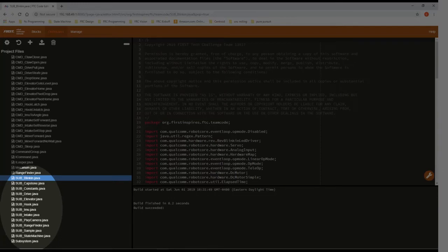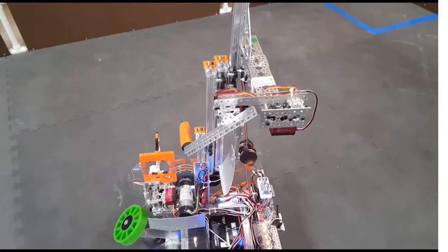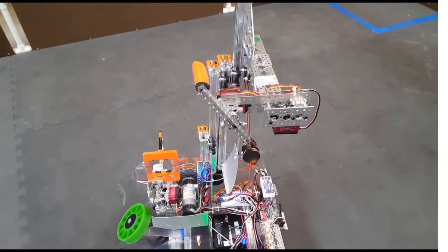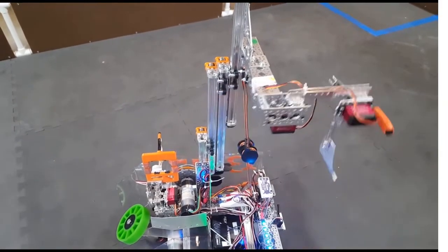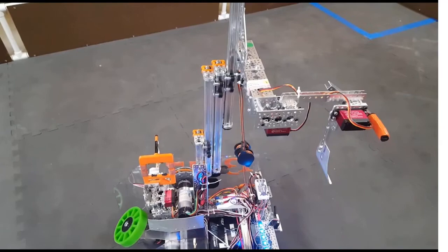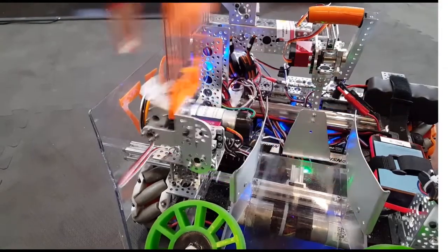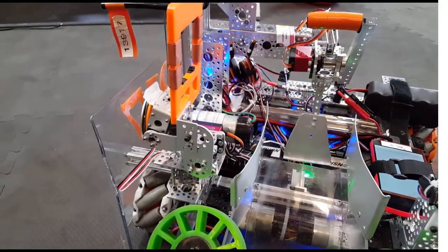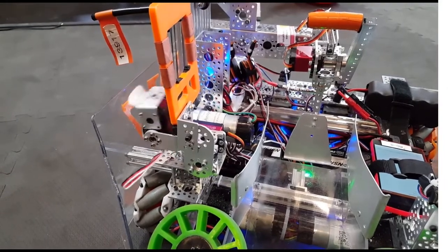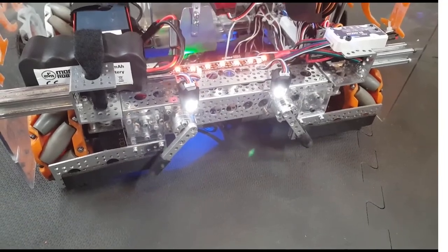We started our robot programming by creating an object for each subsystem. For a servo-based subsystem, like the claw and the pivot, we created 3 functions: open, close, and toggle. We use a variable to keep track of its state. This year's robot uses several servos, so we were able to reuse the code.